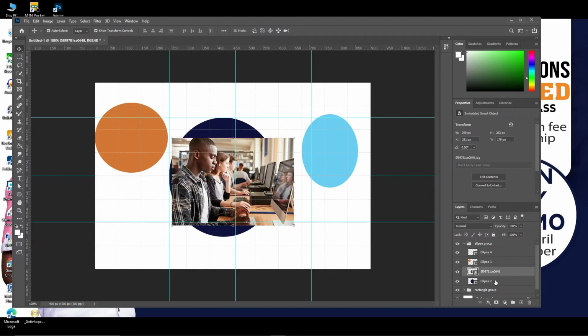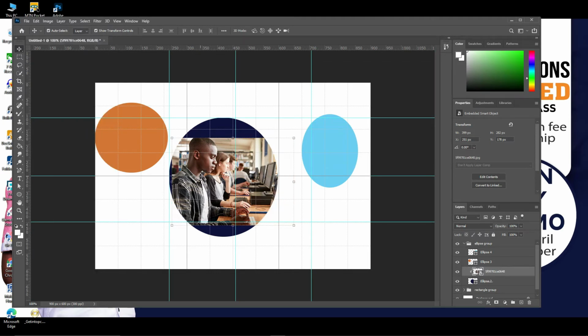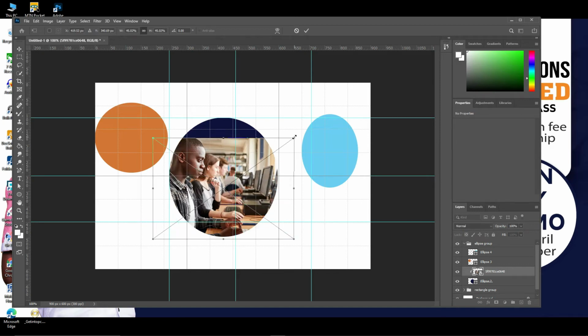So after it's on this one, I'll go to layer. Anything that you want to do to a layer, you need to go to the layers tab. Okay, go to layers, then you go to create clipping mask. When you create a clipping mask, it's going to go right inside it. So when you click on it, now our image has been fit into the ellipse or the shape,